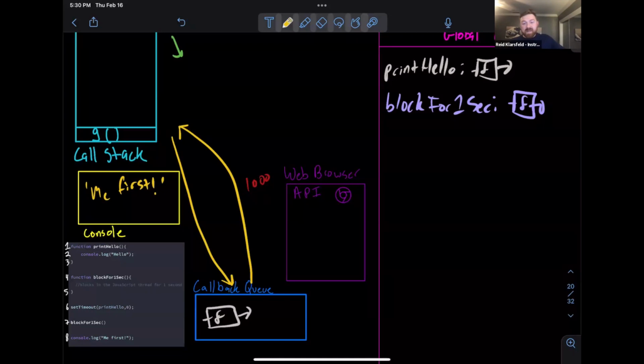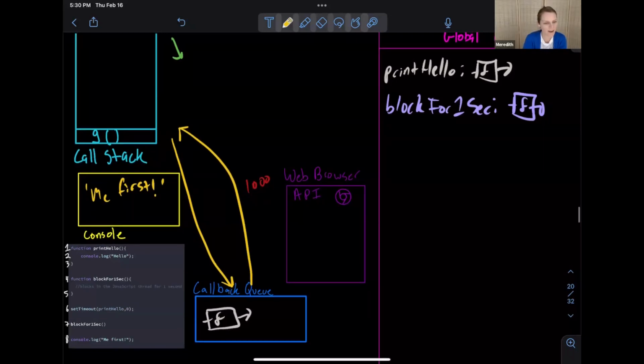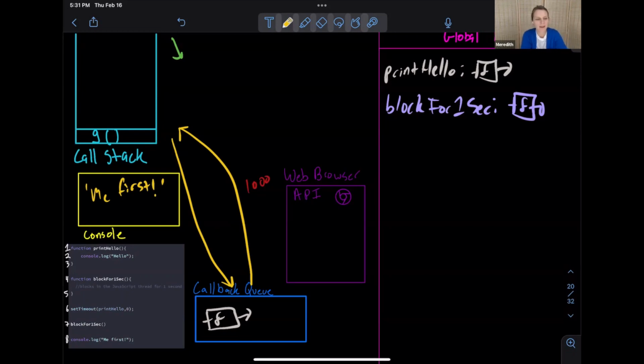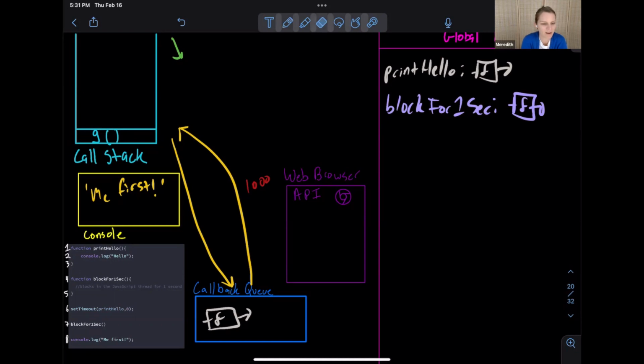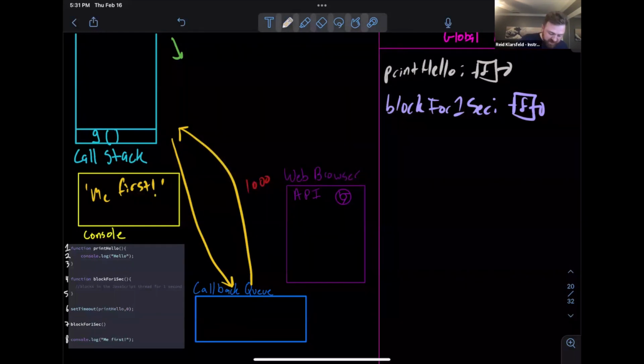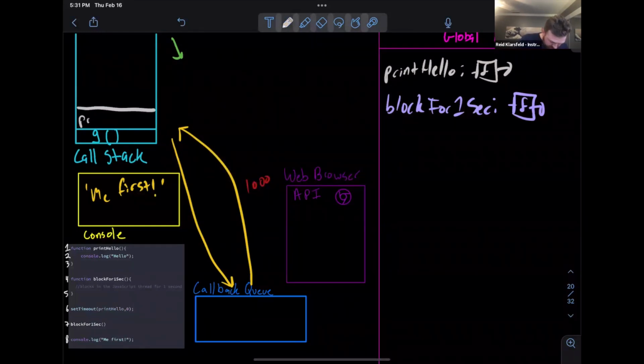Okay. Then what happens? And so then our event loop is going to check to see if there's anything in the callback queue, and it's going to check our call stack. There's nothing in the call stack except for the global call frame. And it'll then check to see if there's any more synchronous code to run, and there isn't. So it'll push the function print hello onto the call stack. Well, way to catch yourself. It's going to push print hello onto the call stack. So let's do it. Let's push print hello